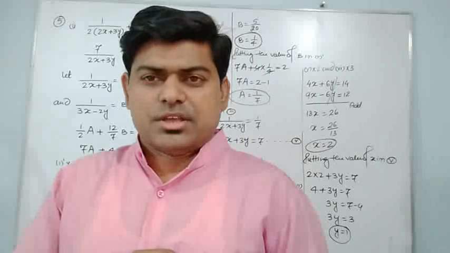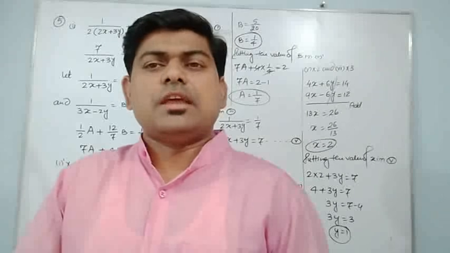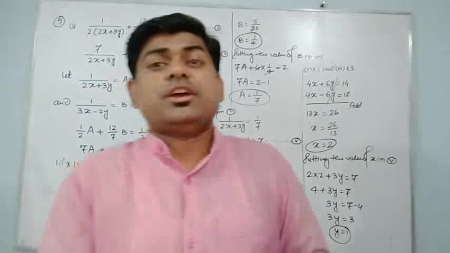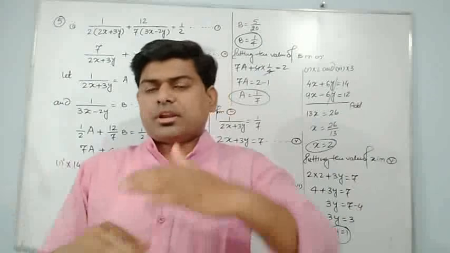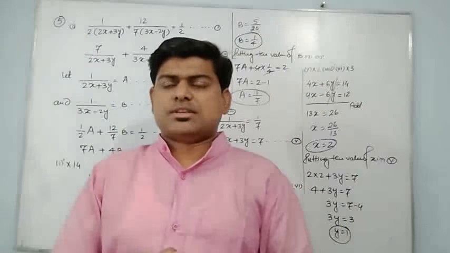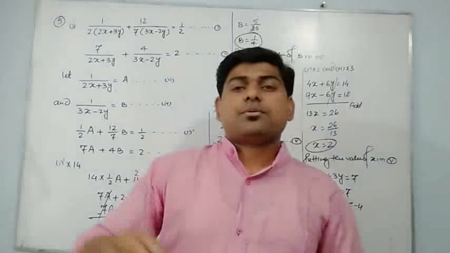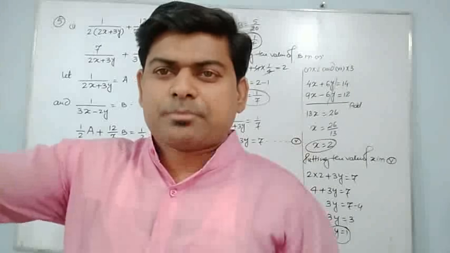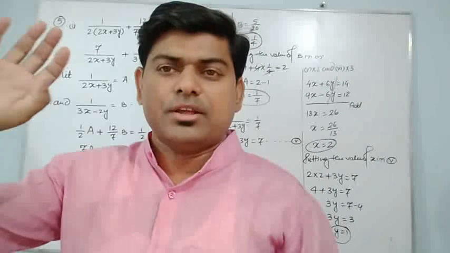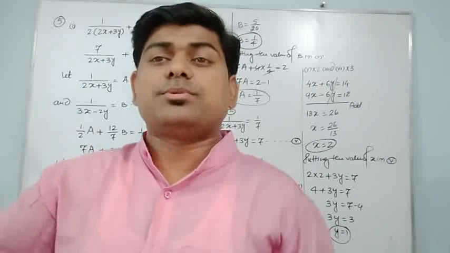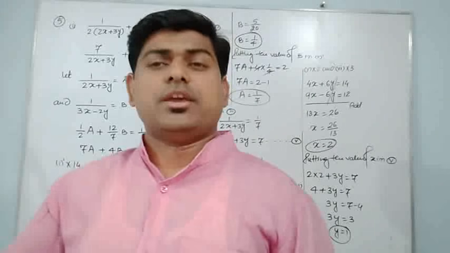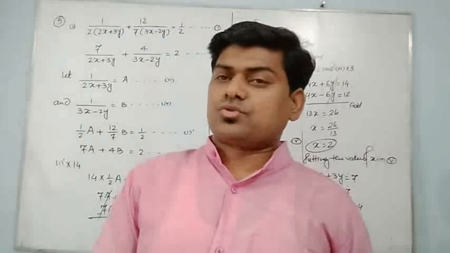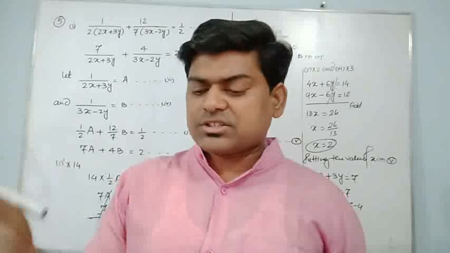After reading, you must look at the last line of the question. Sometimes it can be given at the start only, but generally in most questions, the last line will say, find the value of this and this. It means we have to find the value of some unknown quantity, and this unknown quantity has to be taken as x and y. So we read the question, and then we see the last line of the question.